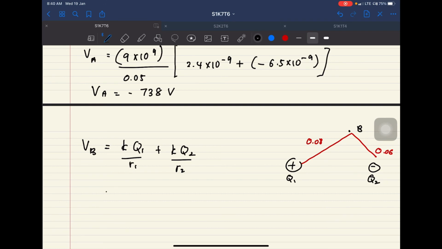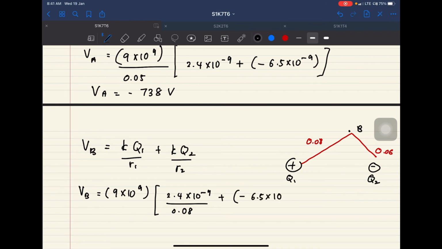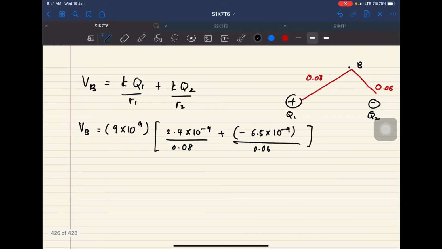Okay, so basically the same thing. VB equals to 9 times 10 to the power of 9, Q1 is equal to, divided by 0.08. Don't forget to put negative. Divided by 0.06. And for this one, you should get,